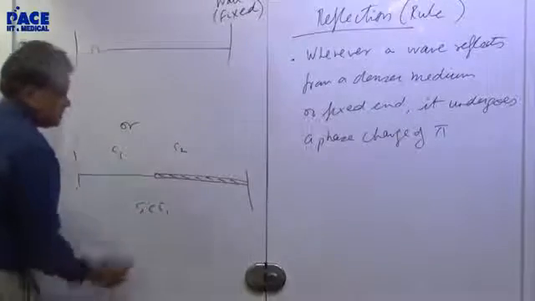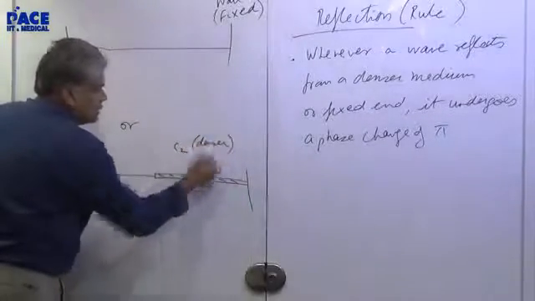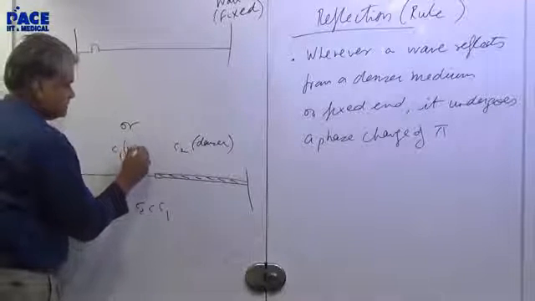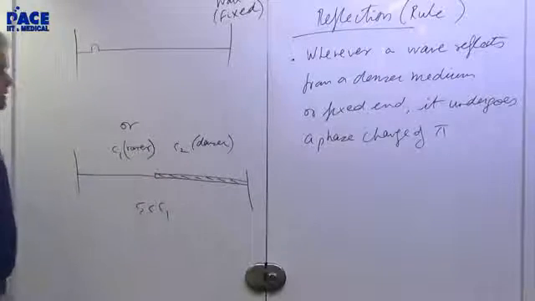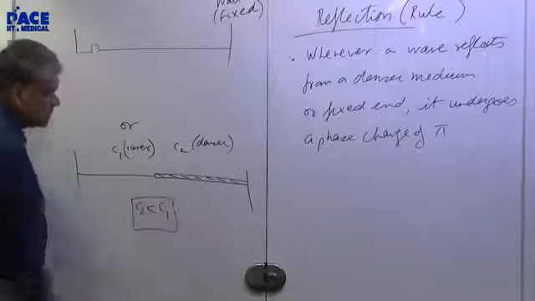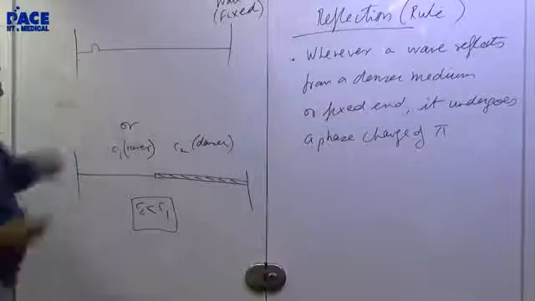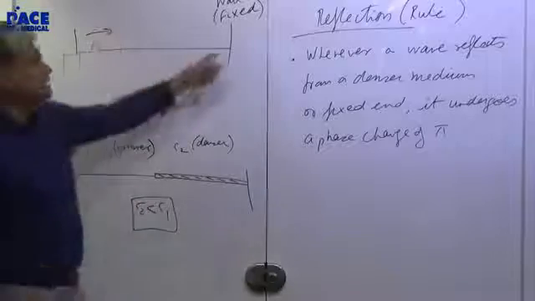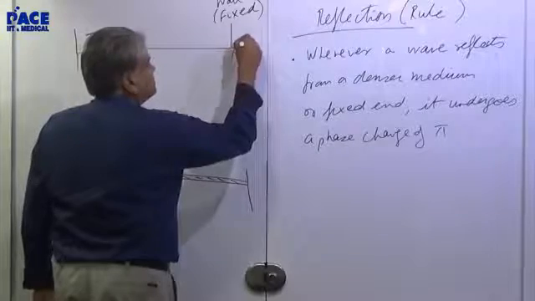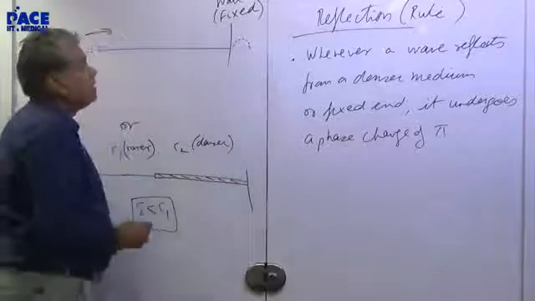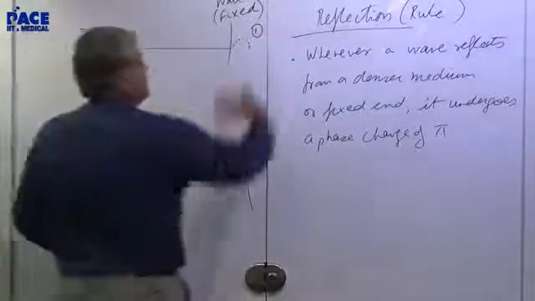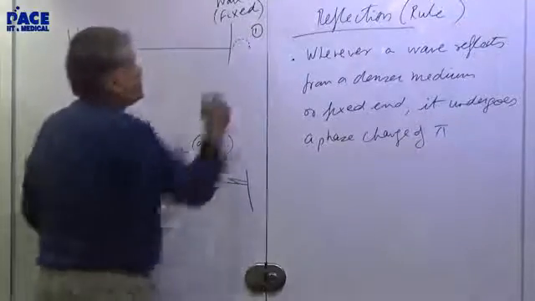C2 is less than C1. So this is denser. Denser doesn't mean in terms of density, it means in terms of speed. This is rarer. So C2 is less than C1 is an idea of denser medium. Okay? Now, if this pulse goes there, what happens? How does it get reflected? At reflection, think of it like this, as if it has gone inside. And now this is step 1. And step 2, make a phase change of pi, just invert it. So the whole thing